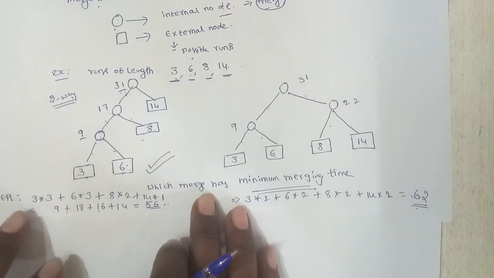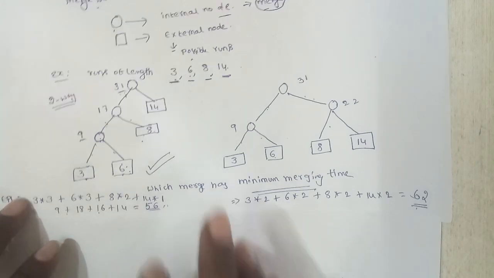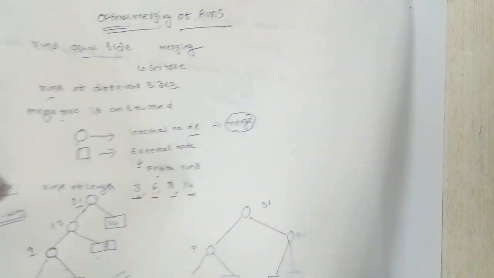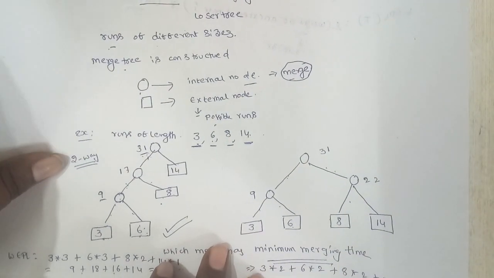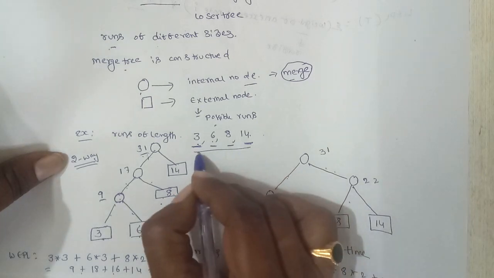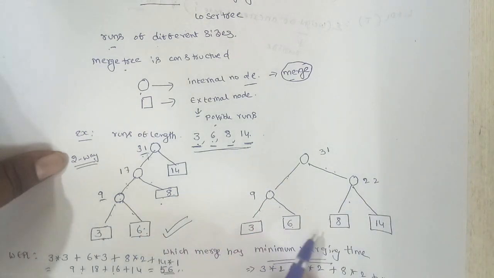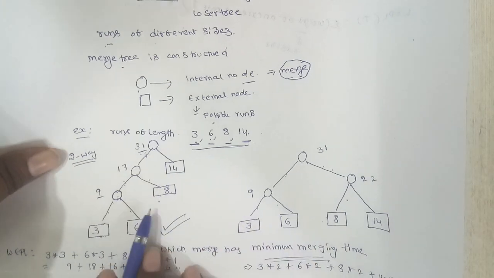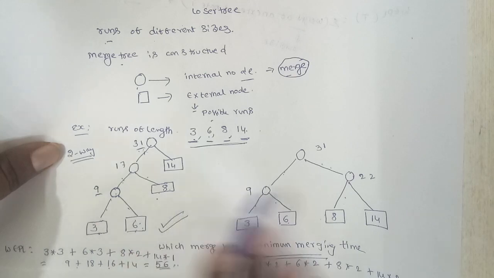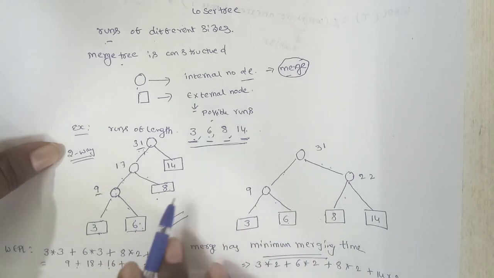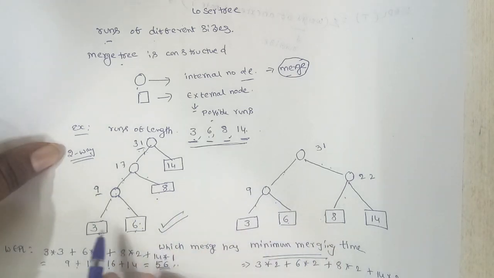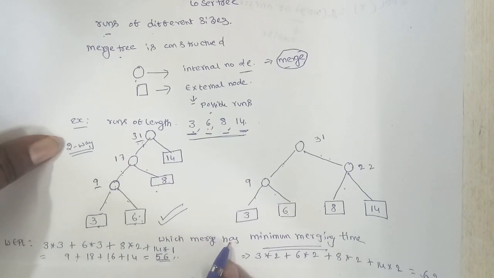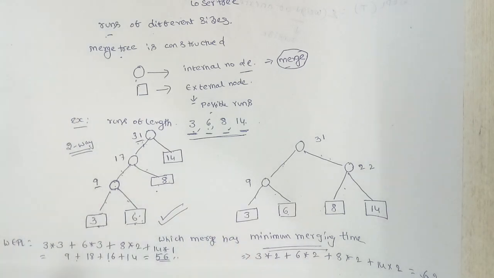That is the optimal. Okay, in this way we are constructing an optimal tree. But here the question is, for this many number of trees are formed. Now I am calculating only for this tree. Among these two, this is the minimum. For example, if you have many number of trees, then we need to calculate the merging time for all the trees. Generally that is not possible. So directly you have to identify the